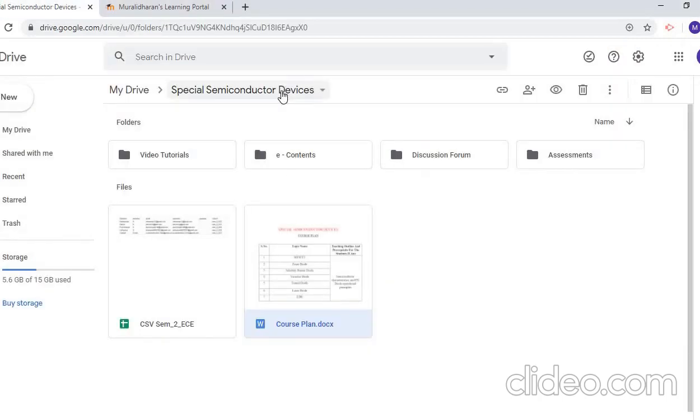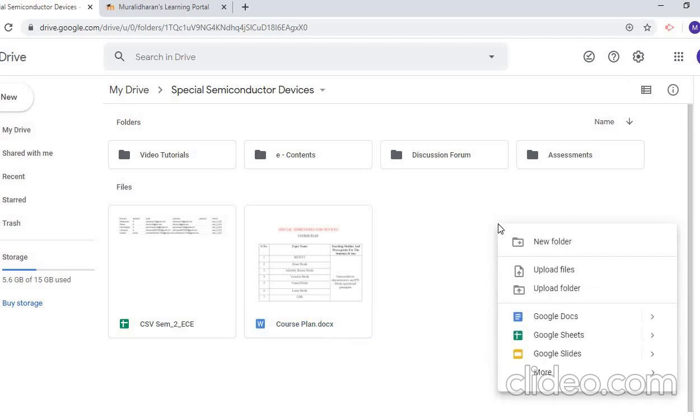In that corresponding course, I have created 4 folders. Right click on your computer, then new folder, create a folder and name one folder as video tutorials, another as e-contents, another as discussion forums, and another folder as assessment.